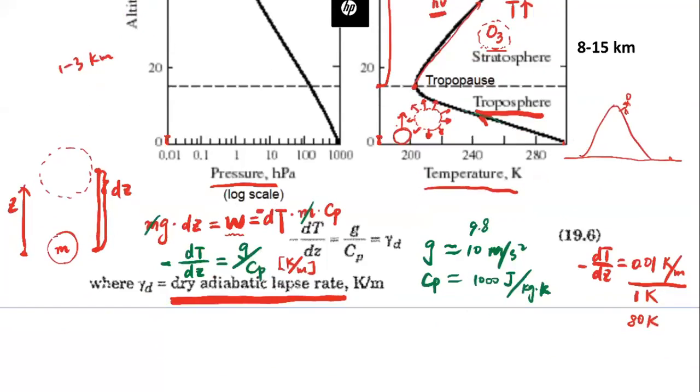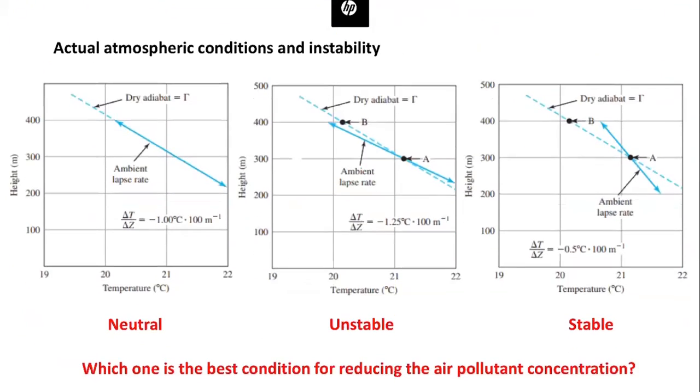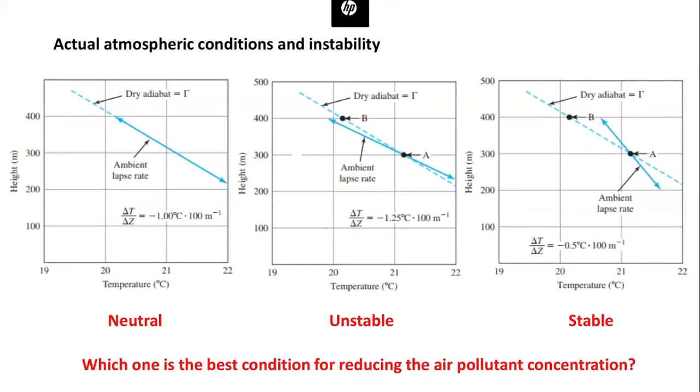Okay. So the reason why we introduced the dry adiabatic lapse rate is because it affects the stability of the atmosphere. We mentioned that the temperature decreases by around 1 Celsius or 1 Kelvin per 100 meters. This is the dry adiabatic lapse rate, right? So if the ambient or the actual temperature lapse rate follows this dry adiabatic lapse rate, then we call this the neutral condition because everything